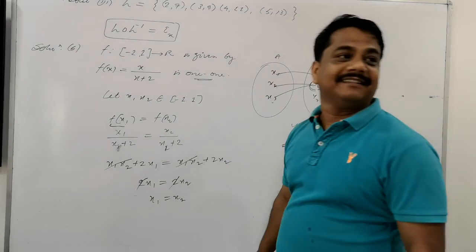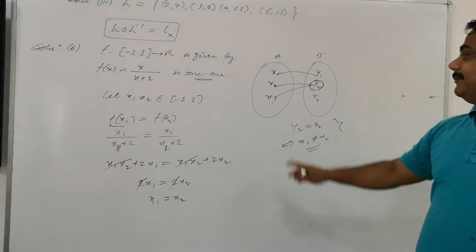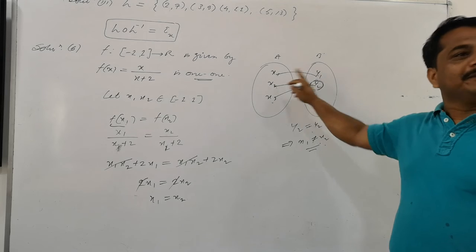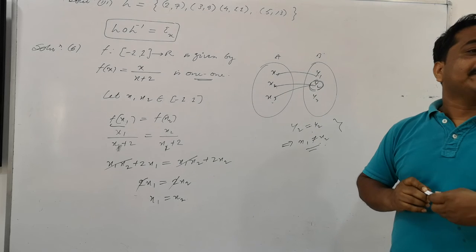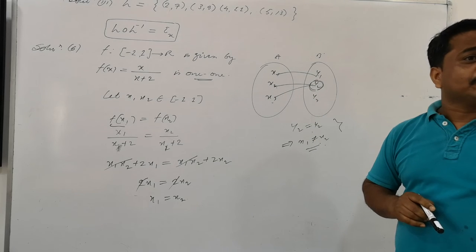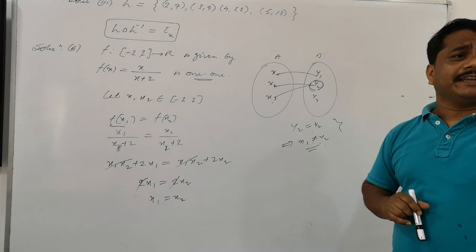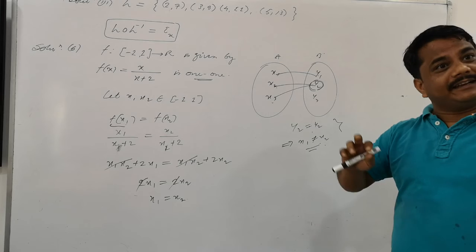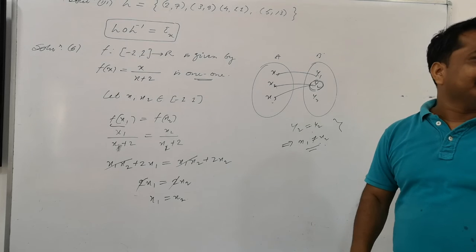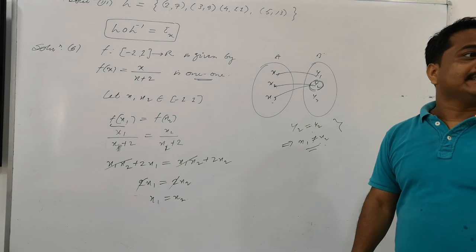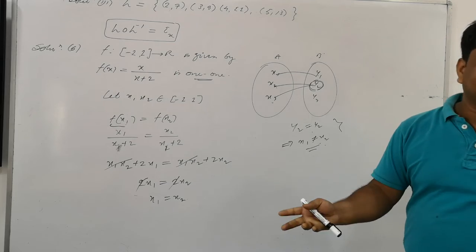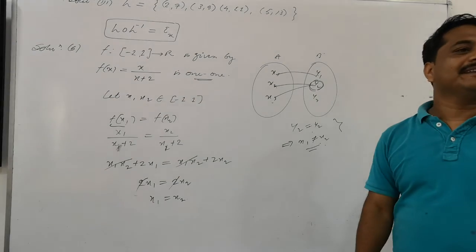What does this mean? The domain is equal. It means for the same range the domain is coming the same. We have taken equal range, equal image, so the domain is coming equal. It means one image, that is what we can say here. Only one domain element is associated with the image. It means each has only one image. This is the mapping, it is 1-1.